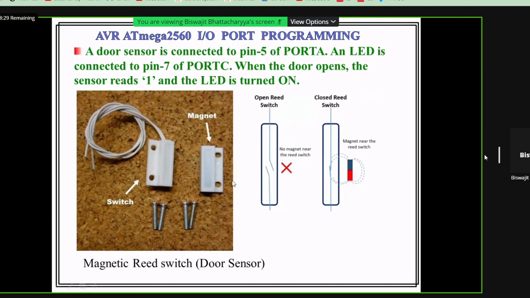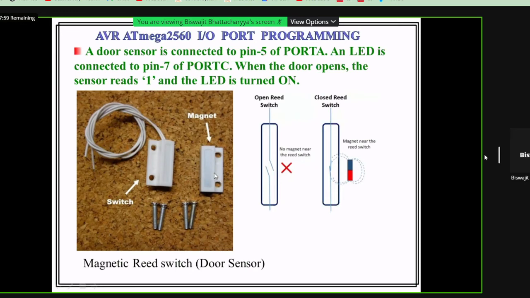We want to make a connection such that when these two are touching, the door is closed and a 0 will be generated. When the switch is connected, closed, then a zero will be read, meaning the door is closed.